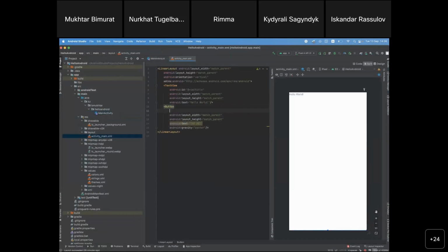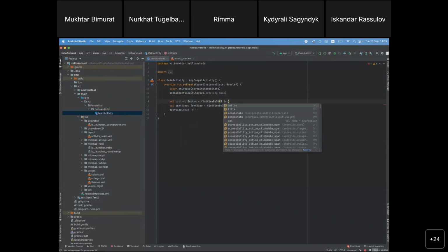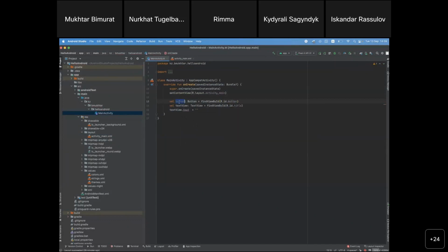And we need to assign IDs, right, to access it. Let's assign some button ID, like button. But in real life, better to use meaningful names. So for this example, I'm just using button, and let's access it. Button is equal to find view by ID R.id.button. And yeah,